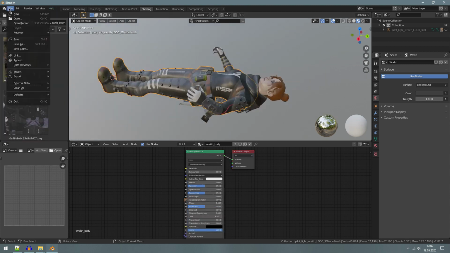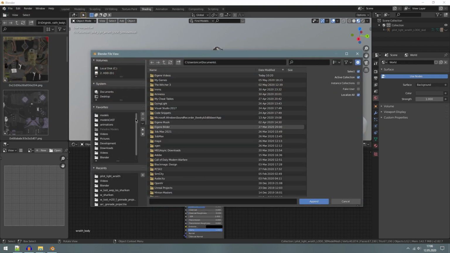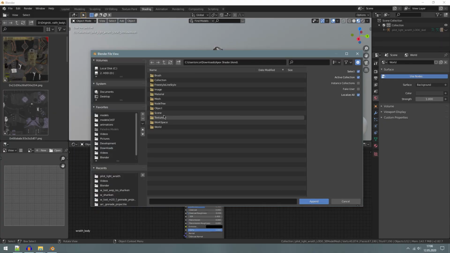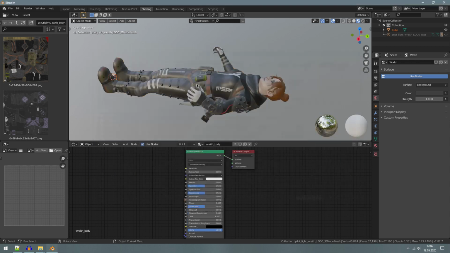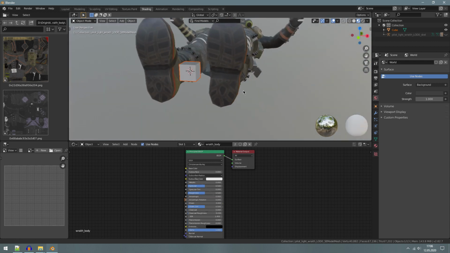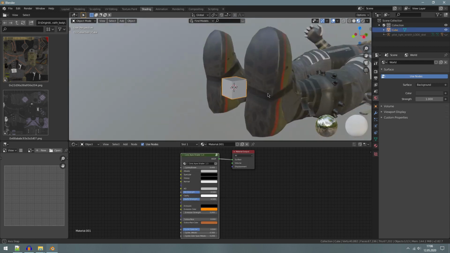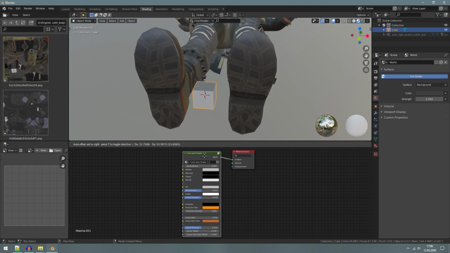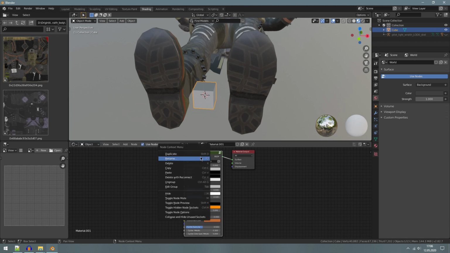You just need to go to File, Append, and then go to your downloads, and then you open the apex_shader file, and in that file you will see objects and cube, and you can now look at this cube here, select it, and you'll notice this here. This is the node for the shader, so you just right click and copy it,